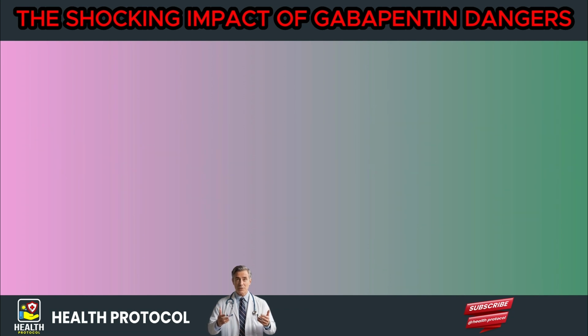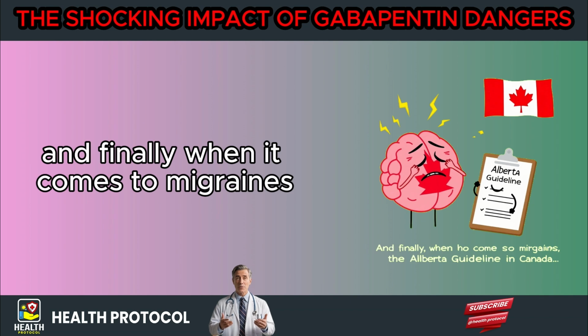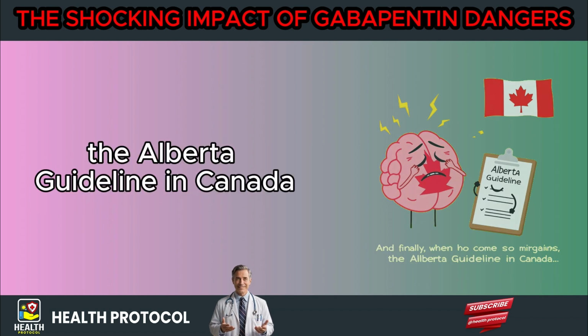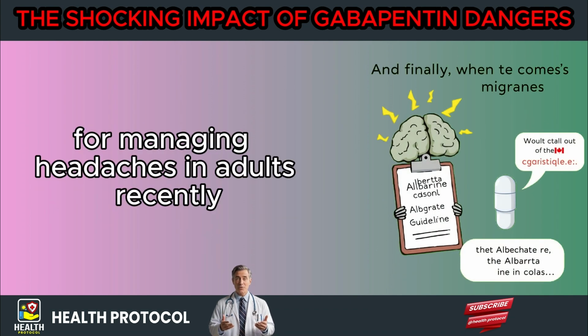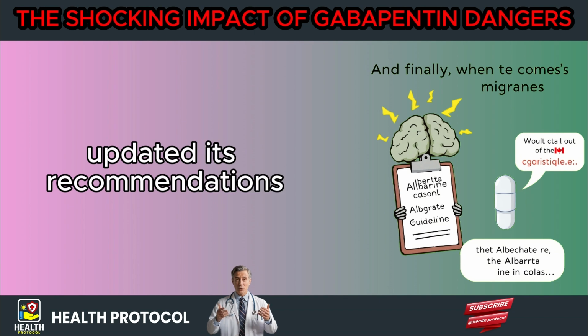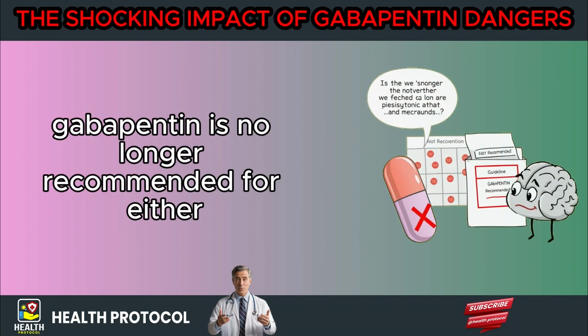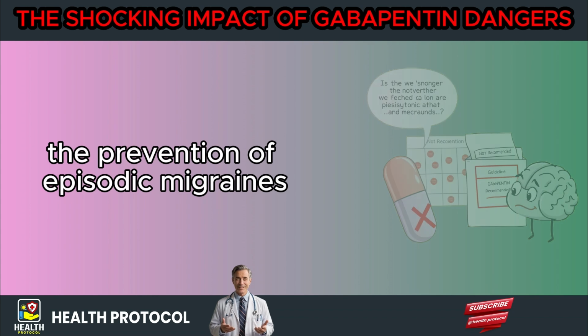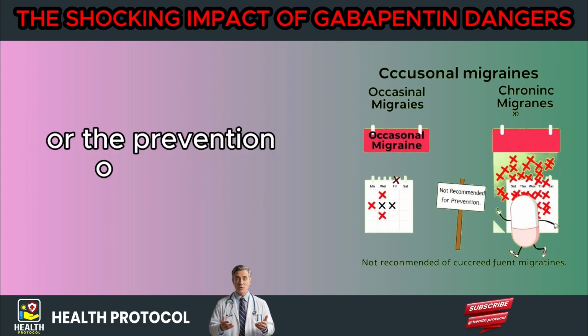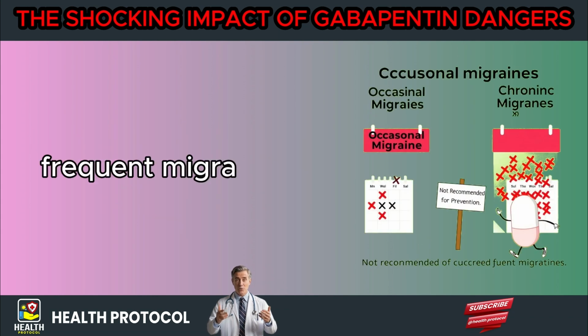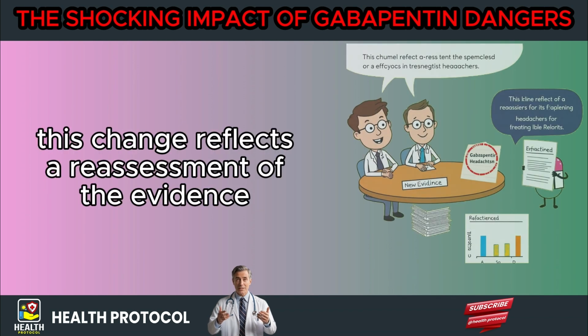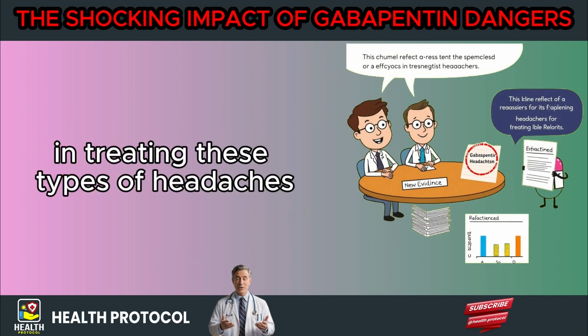condition. And finally, when it comes to migraines, the Alberta Guideline in Canada for managing headaches in adults recently updated its recommendations. Gabapentin is no longer recommended for either the prevention of episodic migraines, occasional migraines, or the prevention of chronic migraines, frequent migraines. This change reflects a reassessment of the evidence for its effectiveness in treating these types of